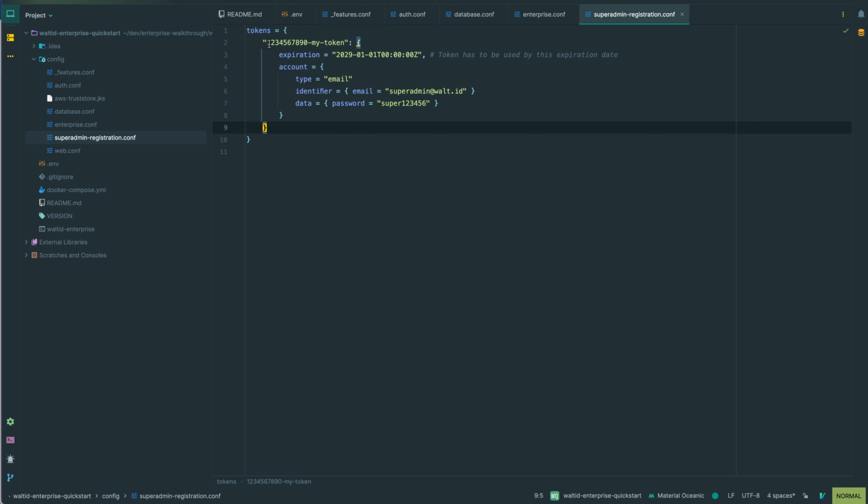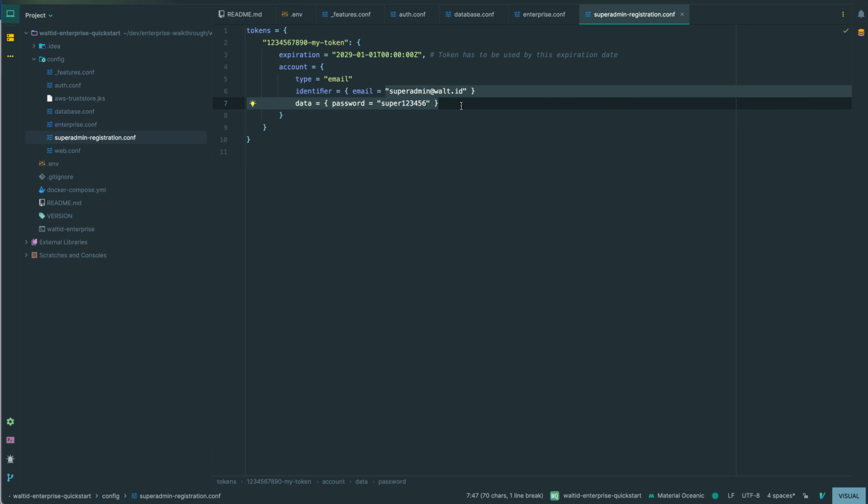So in our example here, we have this token, it specifies an expiration time, and it has an account. We say we want the identifier to be this email address and we want the password to be this password, which we can then use later, after we have registered the super admin, to log in as a user